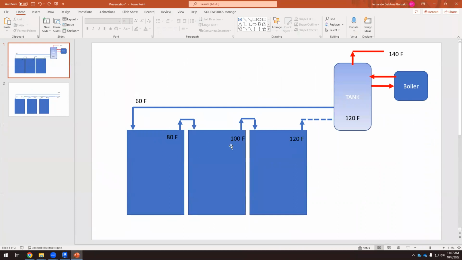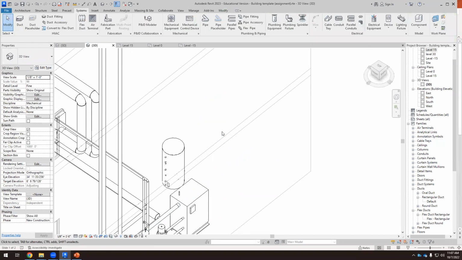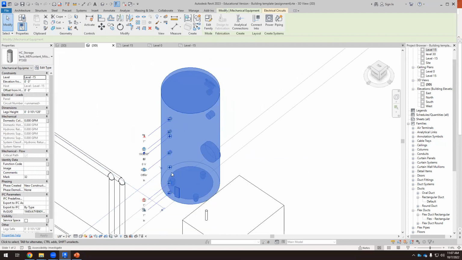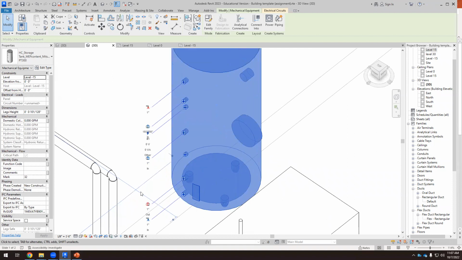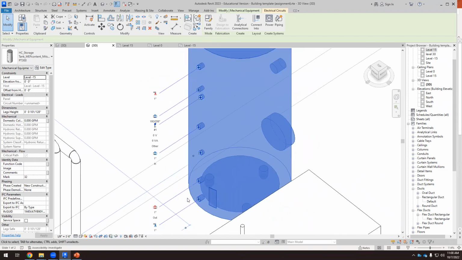If the solar collectors are not providing me with the right temperature, I need to connect the boiler, and then I need to supply more energy to that tank so that I can get the 140 Fahrenheit. Okay, so out of these two tanks, you have to select the one with more inlets and outlets here. And what we found in the last section is that this tank